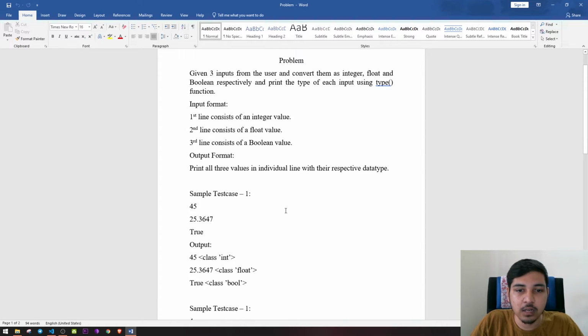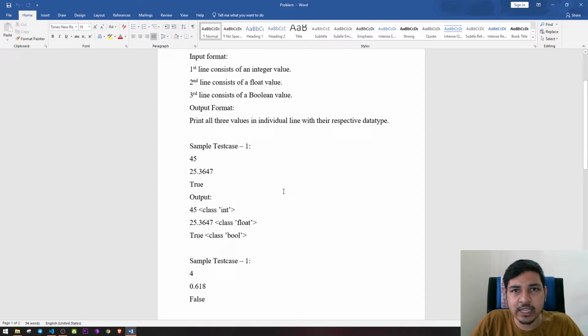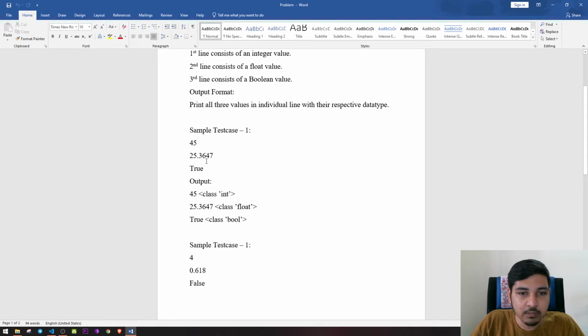So let us see some sample test cases so that we can understand more clearly about the input format and output format. The given three values are 45, which is an integer, 25.3647, which is a float number, and true, which is a boolean value. So the output must be like this. You print the value and a space, and then we use the type function in order to get the type of the given variable.